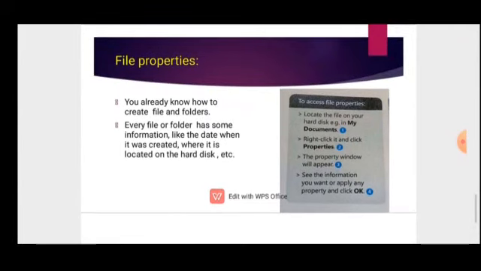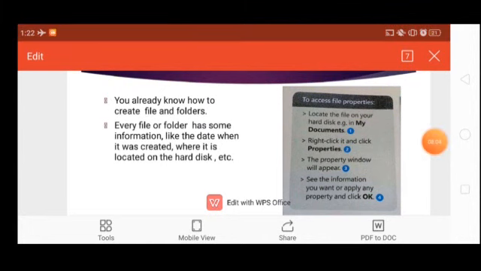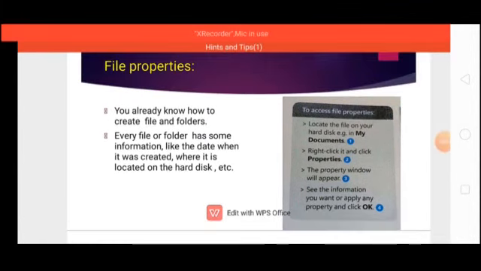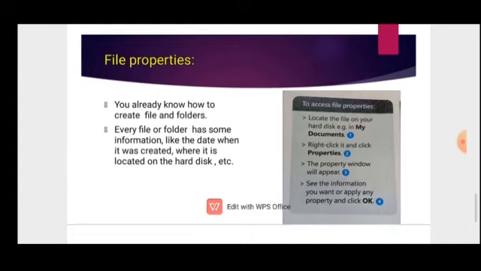File properties. All of you know very well what a file is, what a folder is, and how it is created and saved. First of all, we discuss the type of file and how it is opened, where it is located, its size on disk, how it is created, how it is modified, how we can access the file, how we can hide a file, and how we can set privacy on our files.